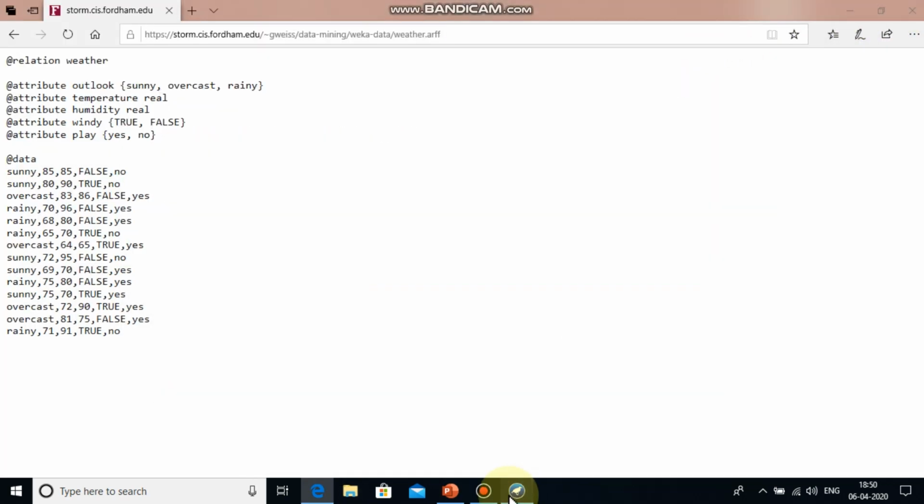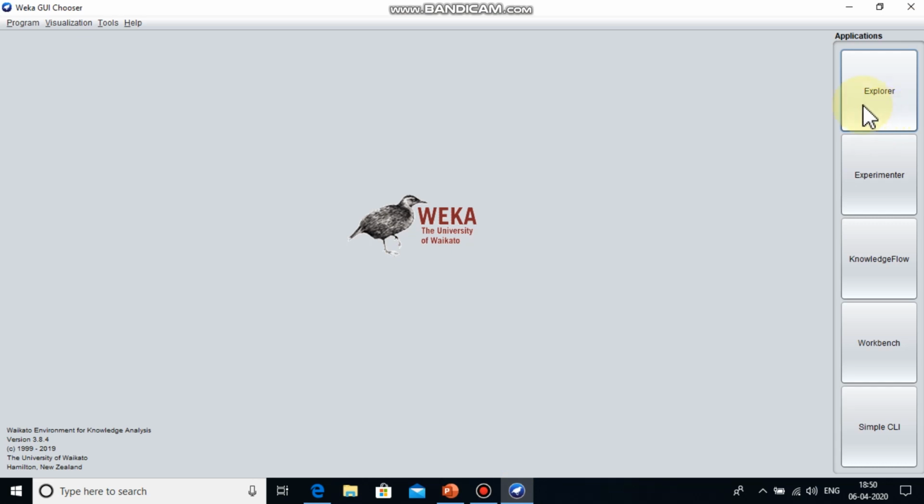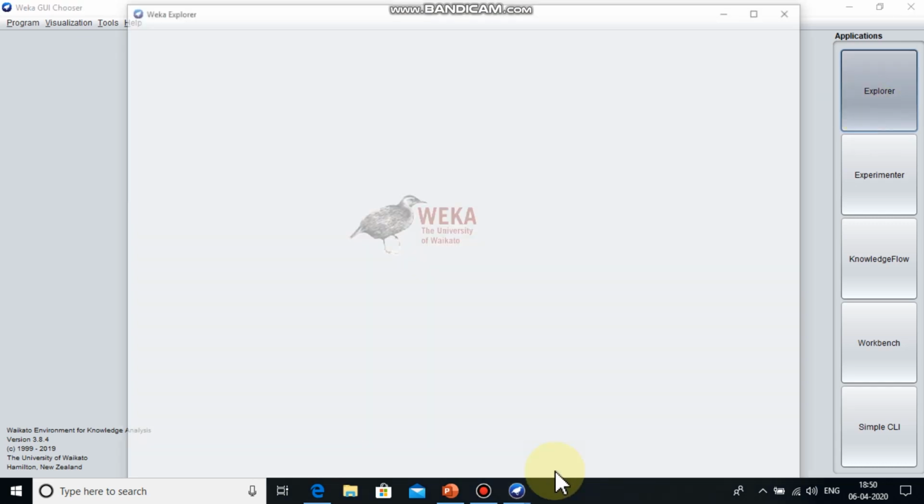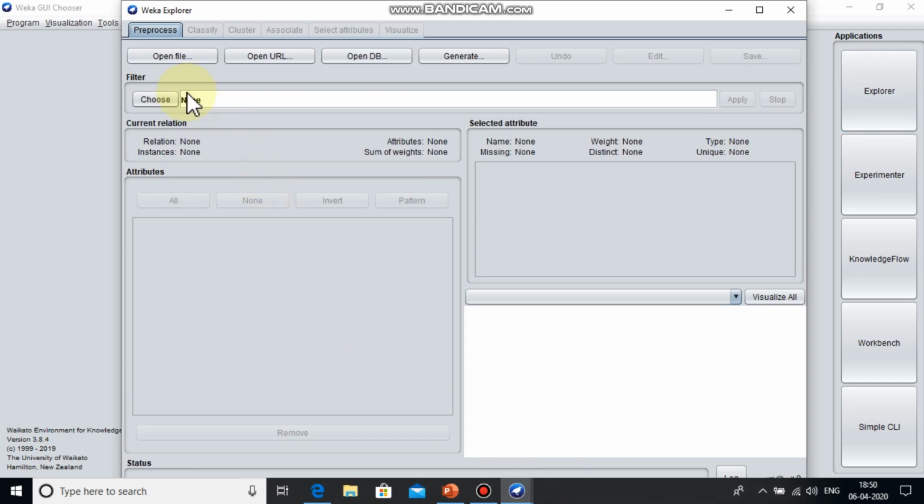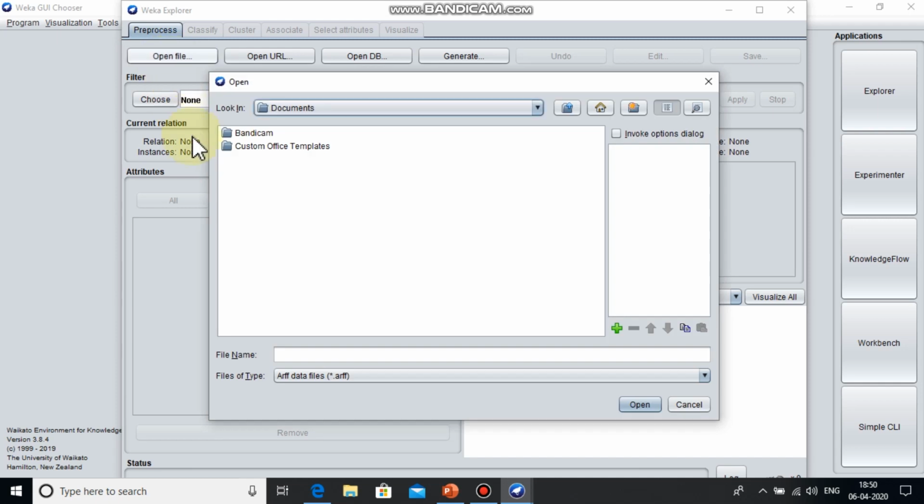Now go to your Weka and click Explorer. In the Weka Explorer, you have to select the Open File button and locate your file. My file is present in Downloads.